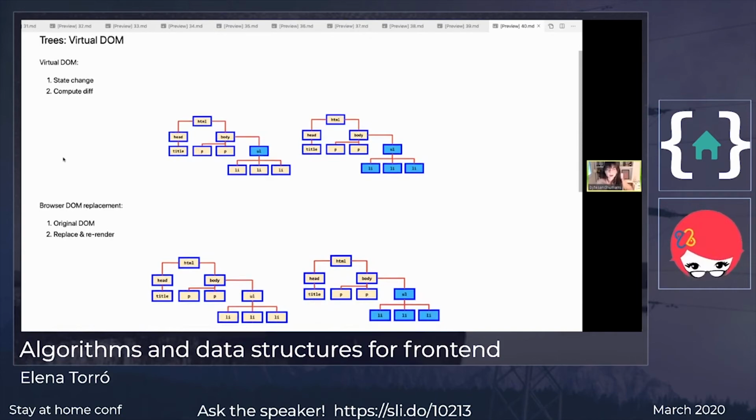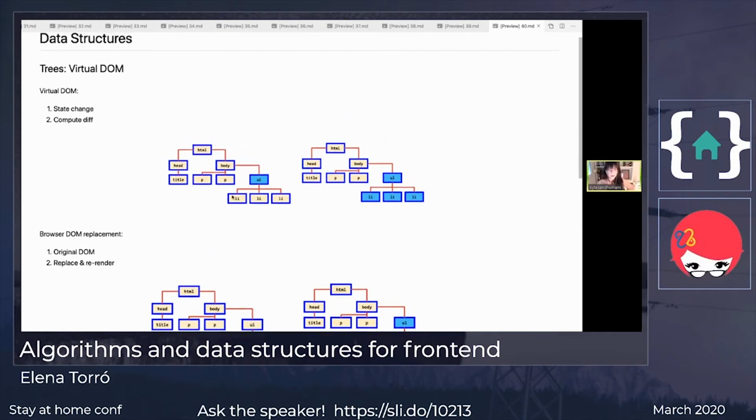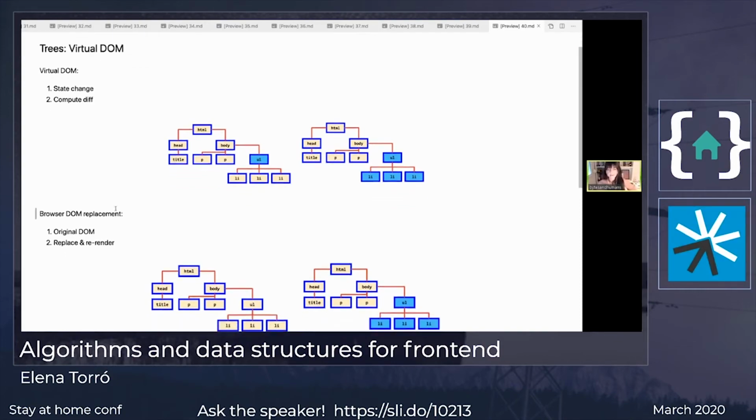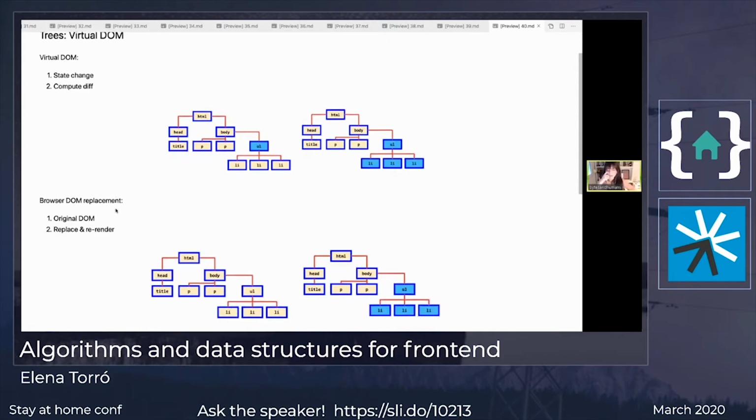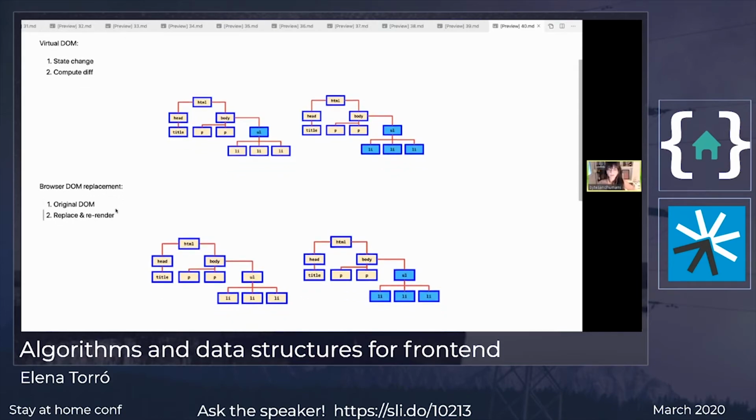Basically, it relies on two rules. One is that if an element that is being changed has a specific ID, then you can access it directly. And the other one is that if the element that you are changing is different, then you can replace